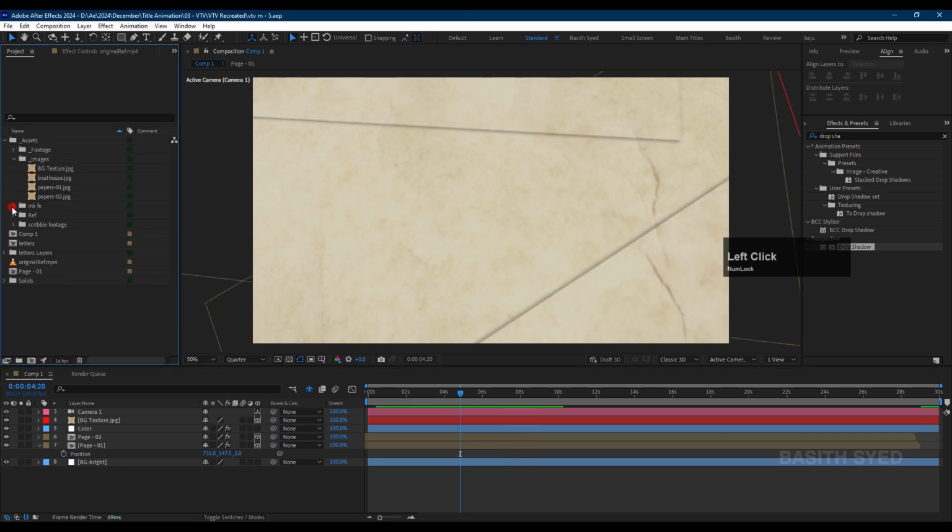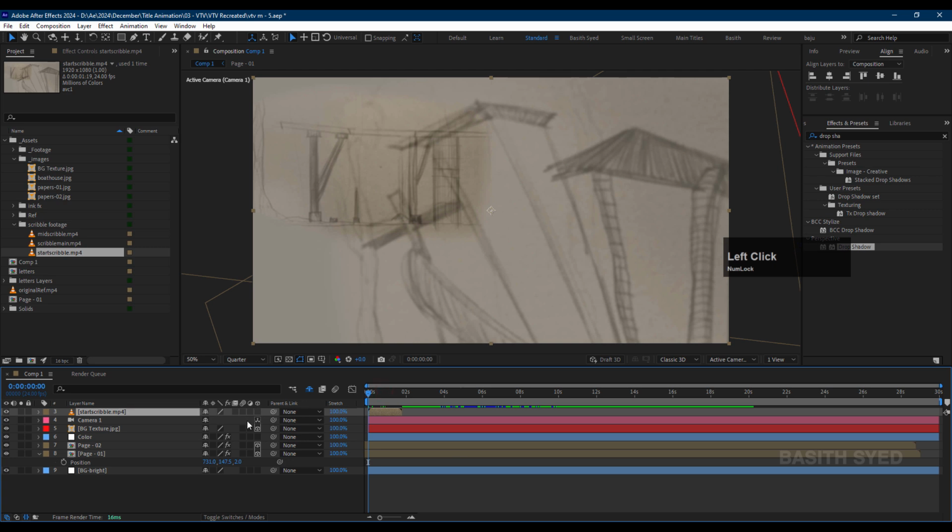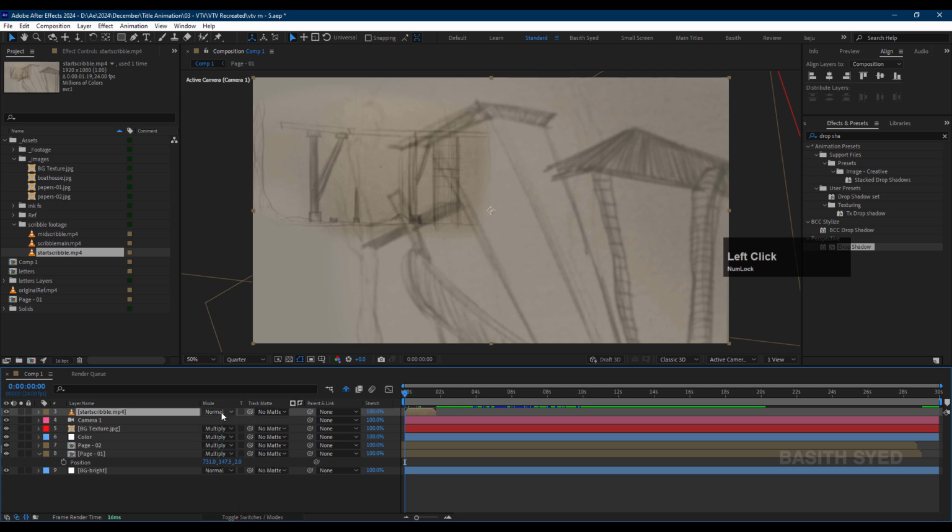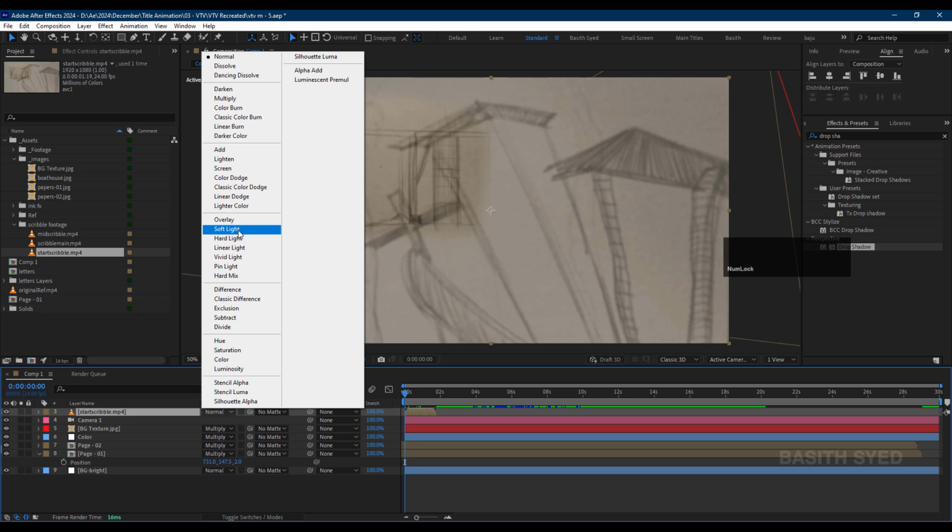Let's go to our ink effects category. I think go to the scribble footage and let's bring this start scribble, bring it into this comp, select this and then go to this blend mode and then change it to soft light,